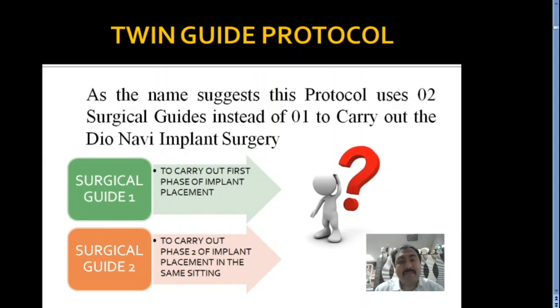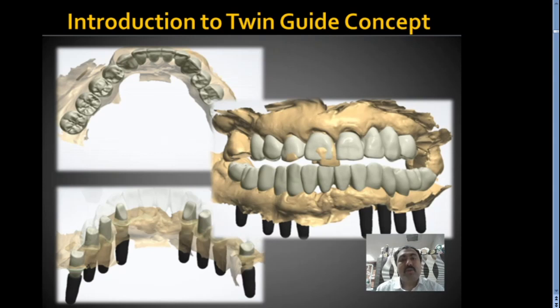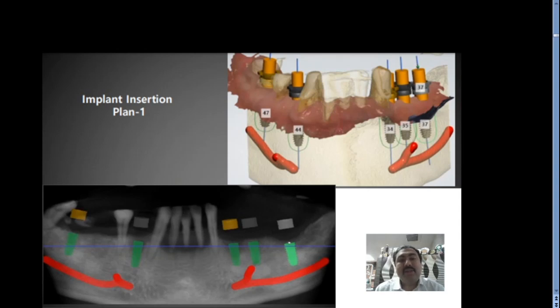Why not 1? Let me explain this to you. This example case has been shared with me by my friend Dr. Navneet, and let's concentrate on the mandibular arch. In this slide you can see that in the mandibular arch digital occlusion has been designed, and accordingly our implant positions have been planned, and 8 implants have been planned for the lower arch. Fine. Now, what is the actual case?